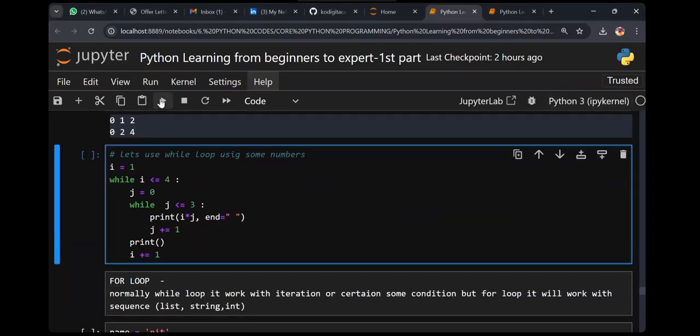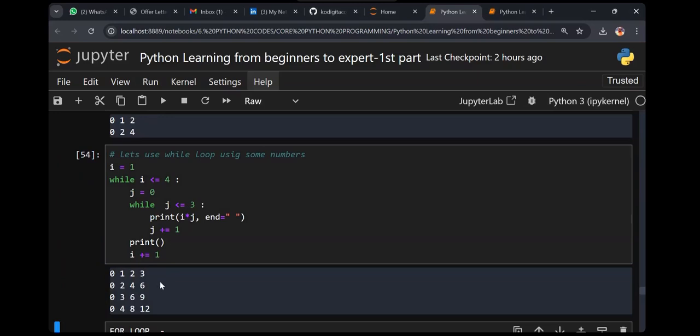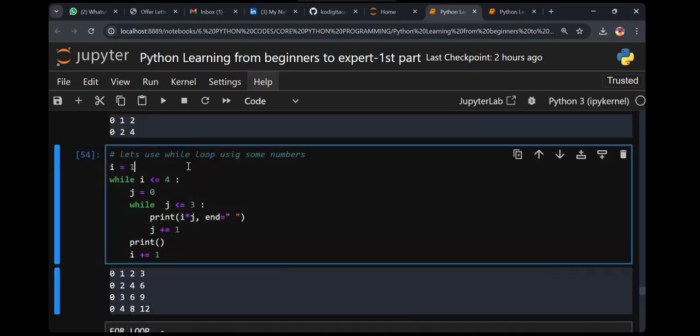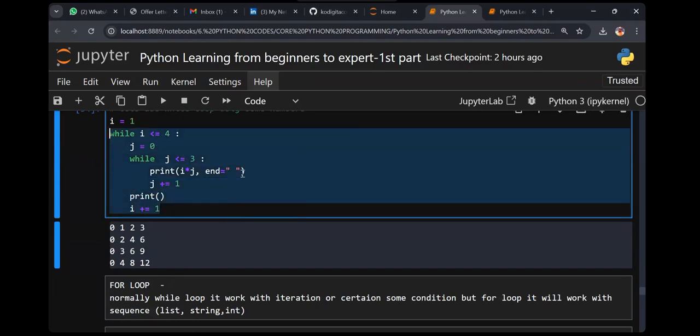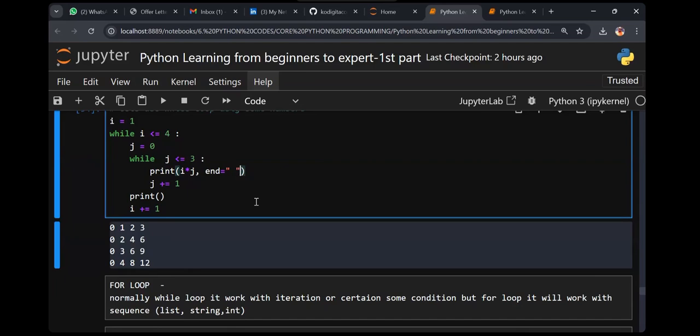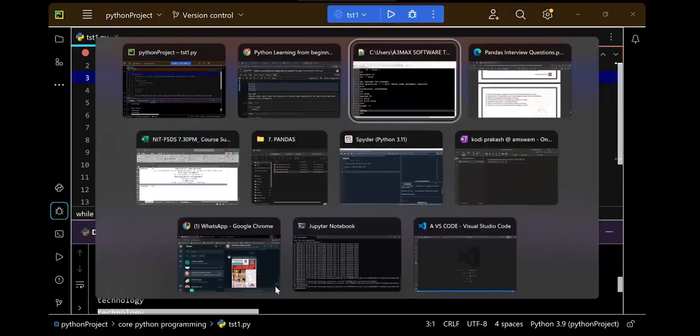Now let's go ahead and check. You got 0, 1, 2, 3, 0 to 4, 6, because here 1 becomes 2, right, guys? Then here 2 into 1, 2, then 4, then 6. This is the output we get. With the help of this, we do print patterns. You know, in C, C++, we did print star, flag, rectangles, all those things. We do all those things. So my question to everyone.